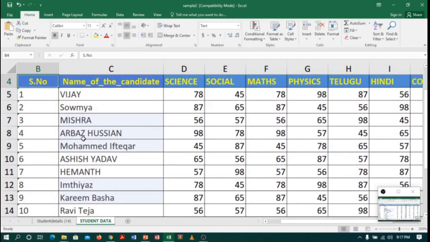For example, I will edit a name. I want to edit the name Vijay to Vijaya. So I will press the function F2 key and I will add an a. Now if I want to move to the right or left, I will click the left arrow key. It's not working. I will try to click the right arrow key. It's not working. This time I use the tab key to move to the next cell and shift plus tab to move back. So I am going to press tab. Here we are. It's working.